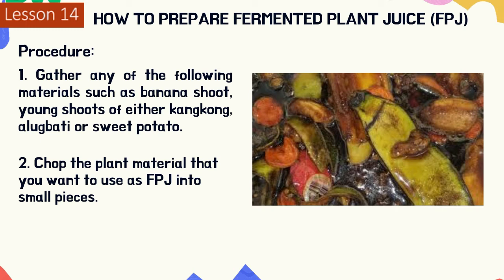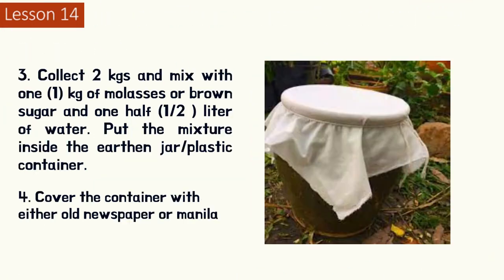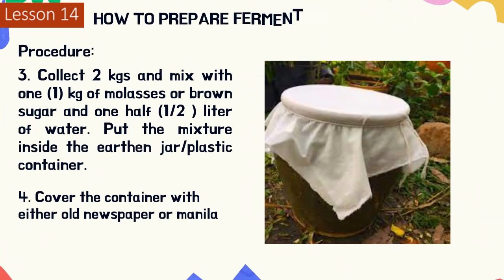These are the procedures. Number 1. Gather any of the following materials such as banana shoot, young shoots, or of either kangkong, alugbati, or sweet potato. Number 2, chop the plant material that you want to use as FPJ or fermented plant juice into small pieces. Number 3, collect 2 kilograms